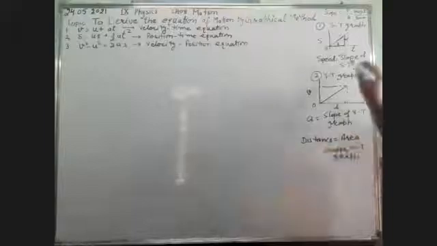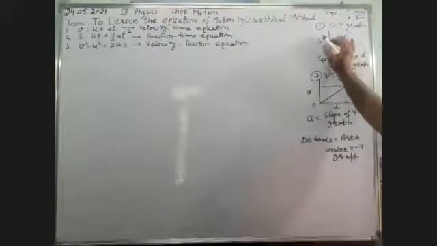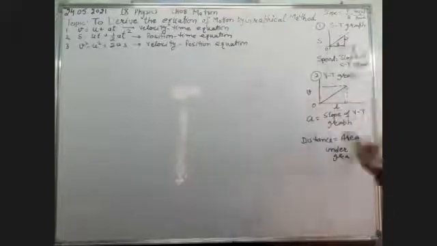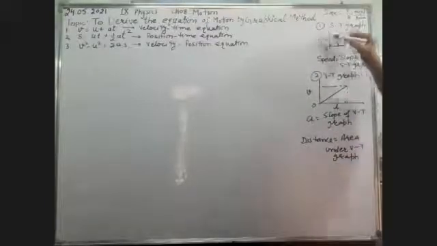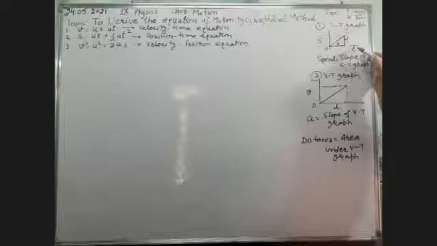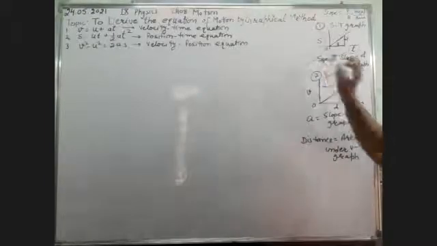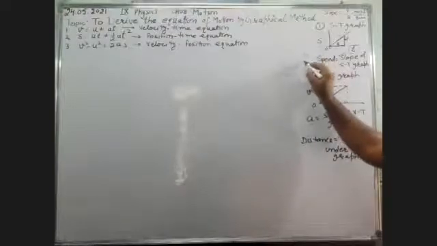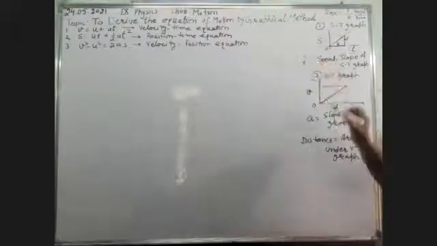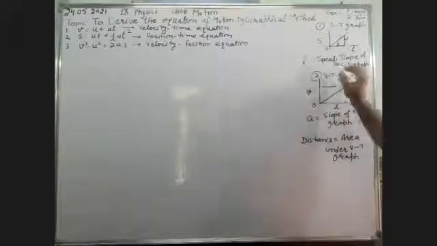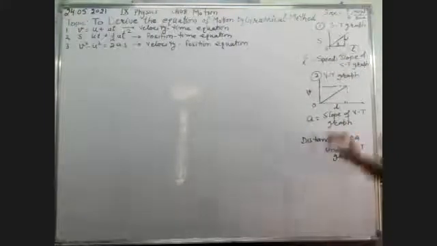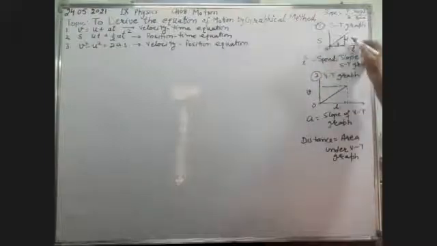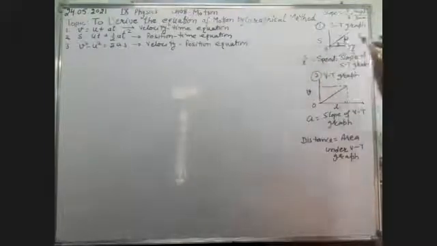And what is given on the perpendicular? On the perpendicular, distance is given, and what is given on the base? Time is given. If we divide distance by time, what term will come? It is speed. So speed will be distance divided by time, or we can say that the slope of the distance-time graph is speed. So with the help of the distance-time graph, we can calculate speed by simply dividing this perpendicular